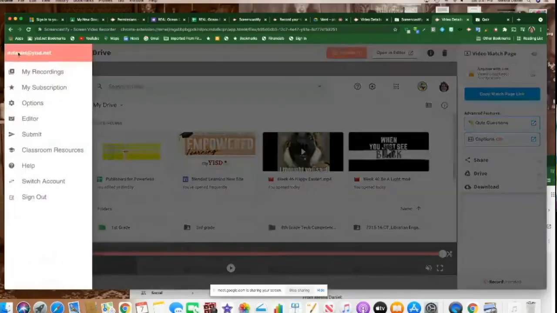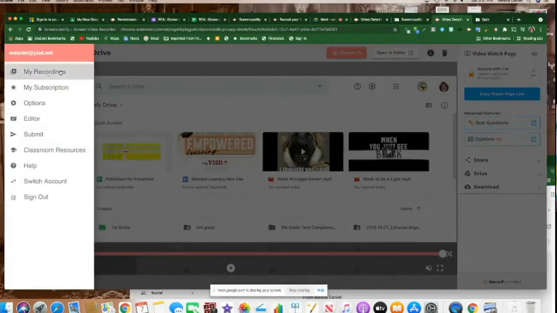I'm going to go ahead and click on those 3 lines. And I want you to look right here. This is the submit. And what submit does is it creates almost like an assignment for Google Classroom. So when I click it,